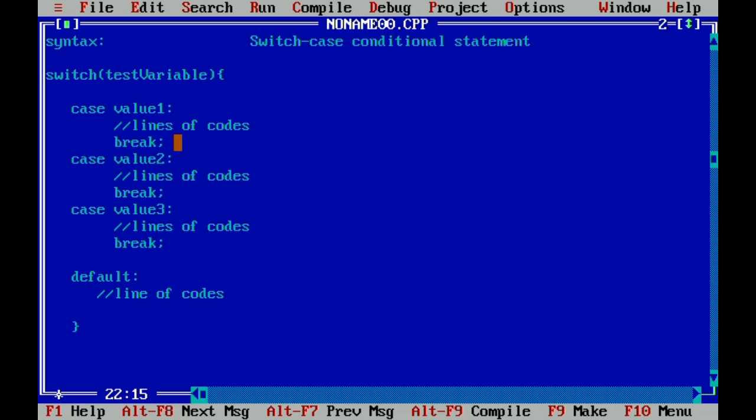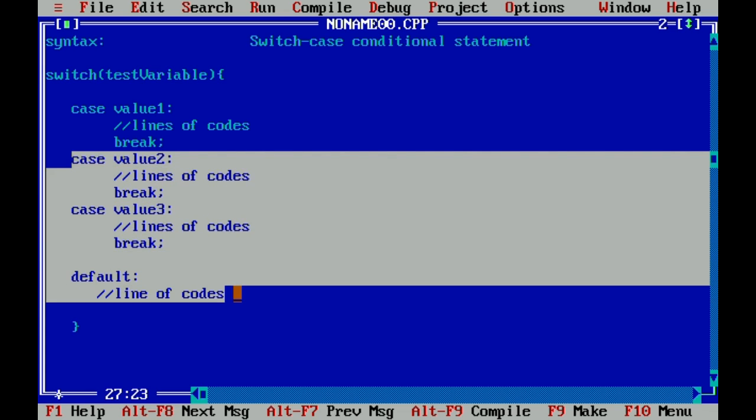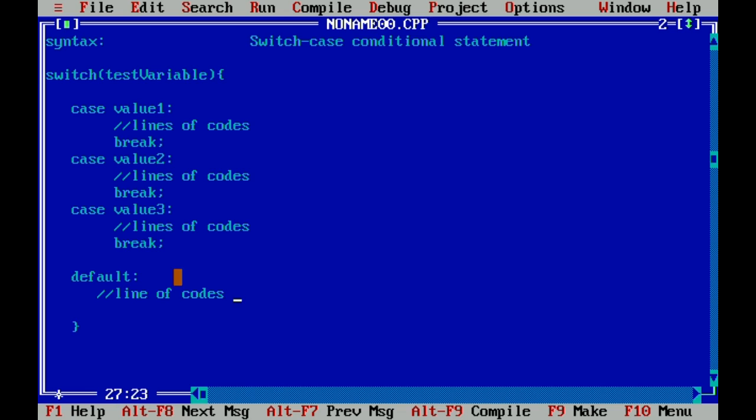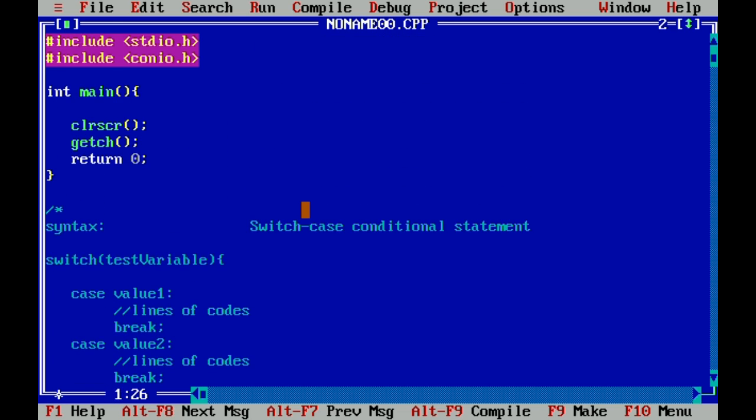After that, it executes break, which means that it terminates the whole switch statement, ignoring all the other cases below. So the switch case ends.